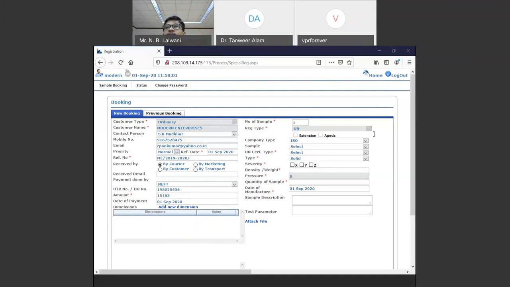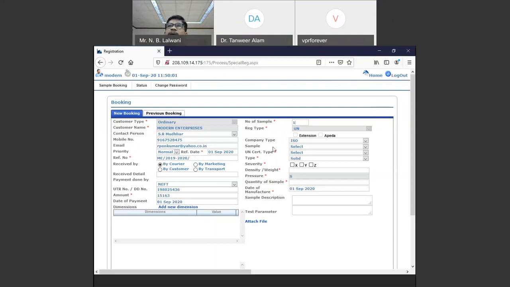Then next, there are so many other things, like certificate, whatever you find, you have to fill. And for number of samples, always maintain 1. This has been given in case we are going to apply for 2 different samples. Suppose we are going to apply for a 210 liter capacity plastic drum and one corrugated fiberboard box. Or you are making plastic drums only, let's say a 60 liter drum, and you are going to make another certificate for 210 liter capacity drums. Then you are not supposed to put 2 here. You have to always maintain 1, because for each and every different sample you have to fill in the details.